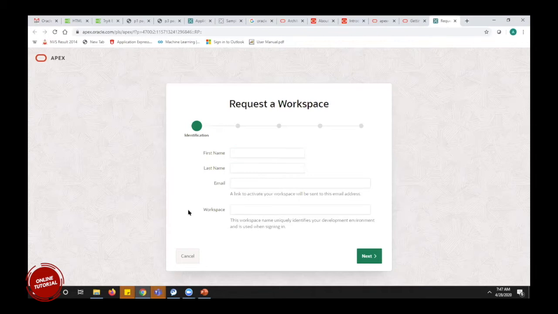You can give some workspace of your own and click next. There are 4 or 5 steps. By doing this, you will get a workspace created on the Oracle site itself, which is freeware, and we can do all kinds of development over there.